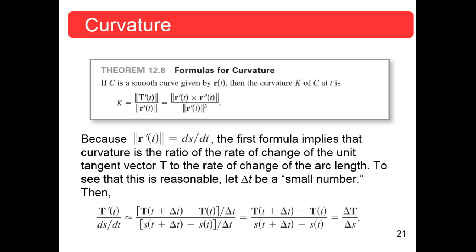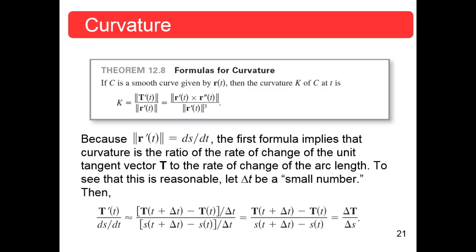And that was here with curvature, Chapter 12, Vector Valued Functions, 12.5, arc length and curvature. And we've done the arc length part. Now we're in the curvature part. Here's Theorem 12.8, the formula for curvature. If C is a smooth curve given by r of t, that's the displacement vector or whatever you want to call it,